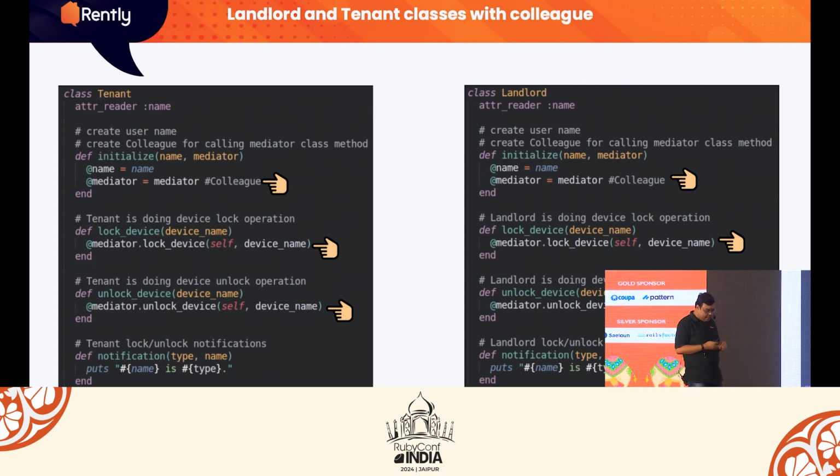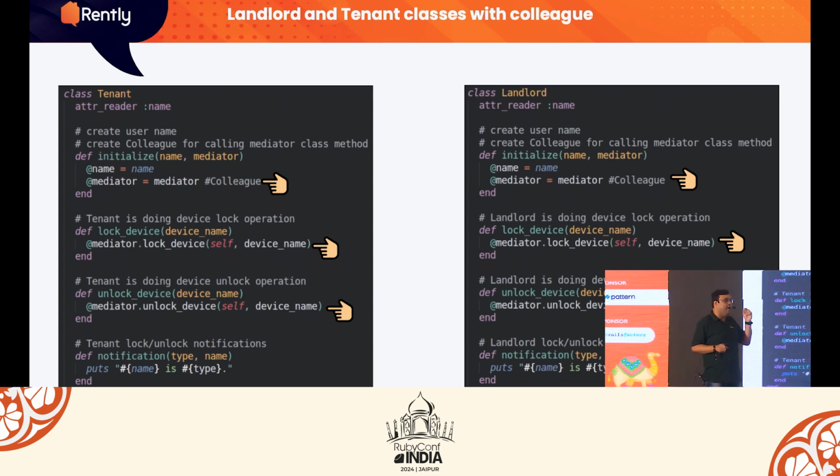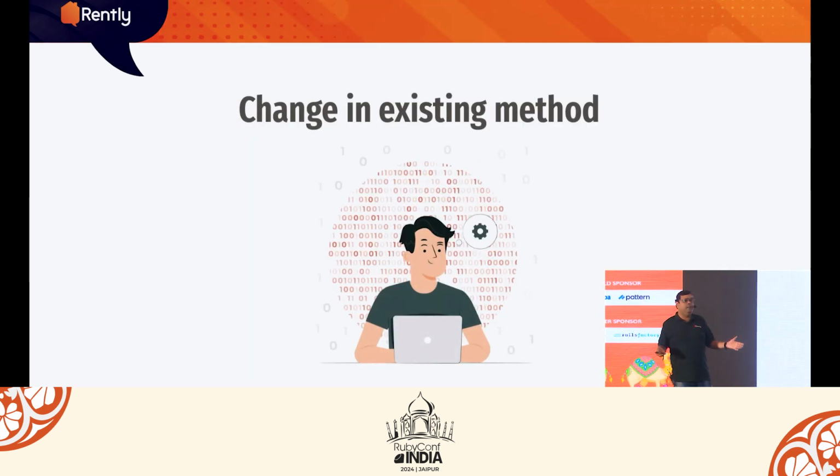So here we can see that three classes are communicating with each other via the mediator class. They actually don't know each other. They know only about the mediator class, and they are making requests to the mediator class, and the mediator class is managing the intercommunication. This time I am very cool because I can change anytime, because I know if I change the code, it will create very little impact.